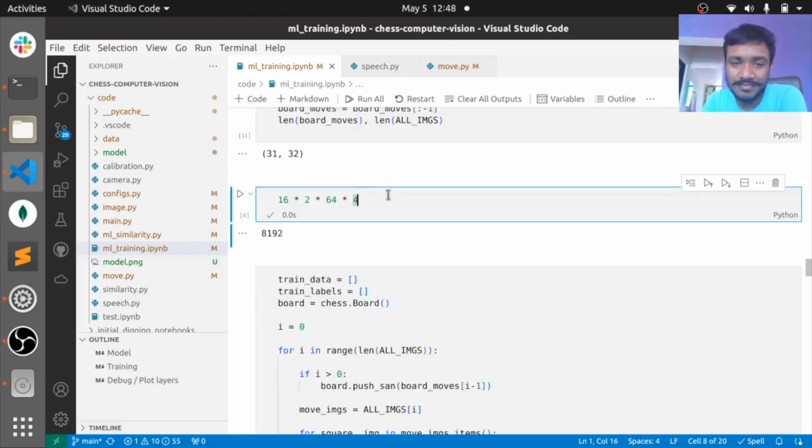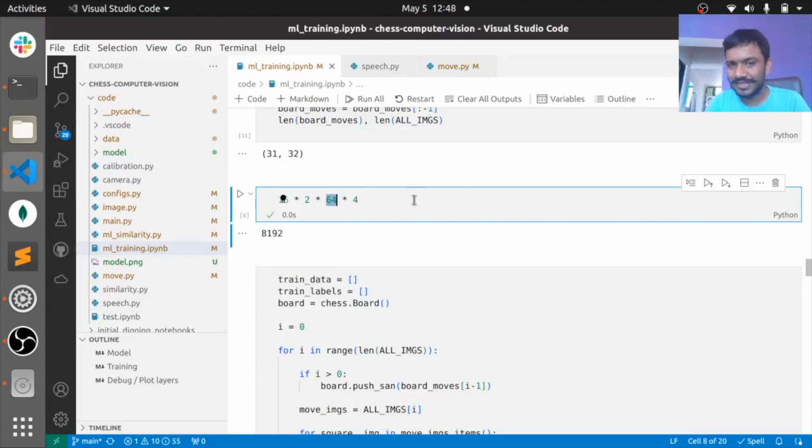In my game, I just played 16 moves, which means in chess terminology we have 16 moves for white and 16 for black. So in our terminology we have basically 32 moves to predict, and for each of the moves we have 64